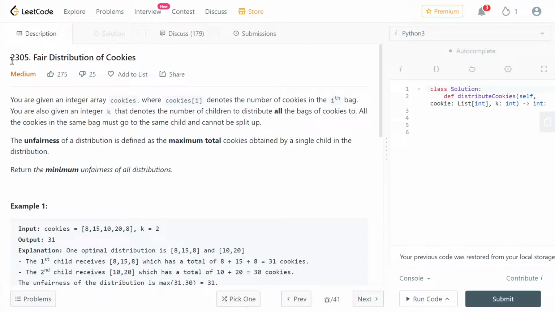Hello everyone, today we will solve the fair distribution of cookies problem. This problem was asked in LeetCode weekly challenge 297. The problem statement is: you are given an integer array cookies where cookies[i] denotes the number of cookies in